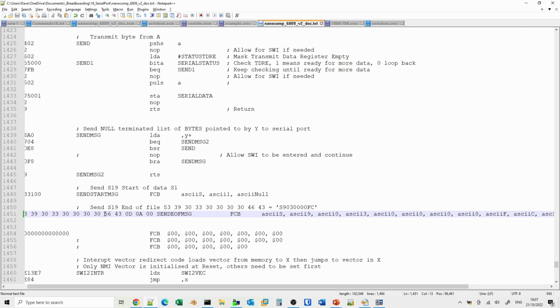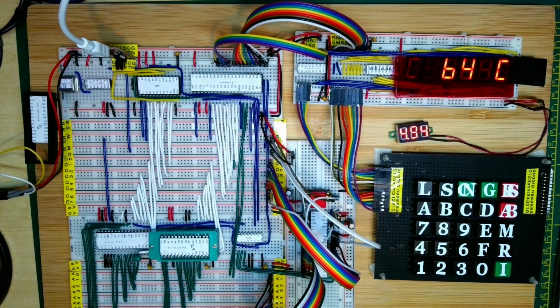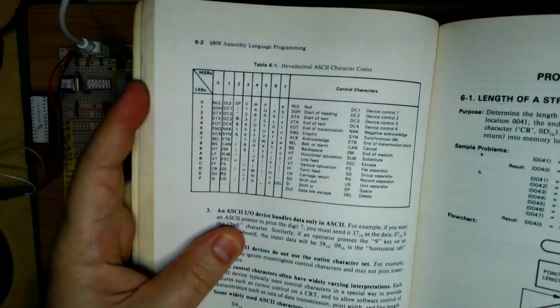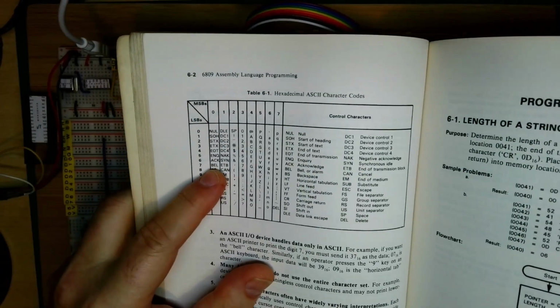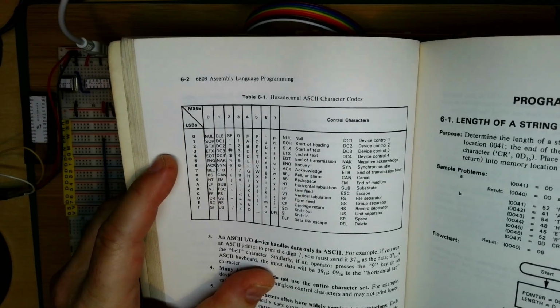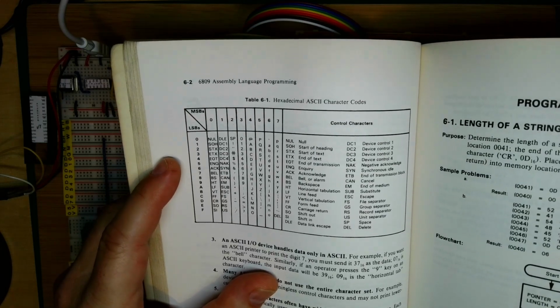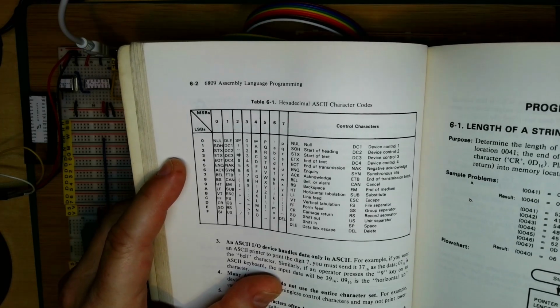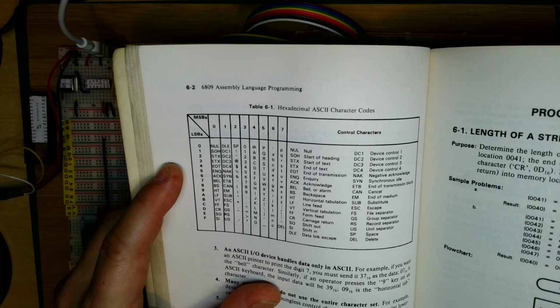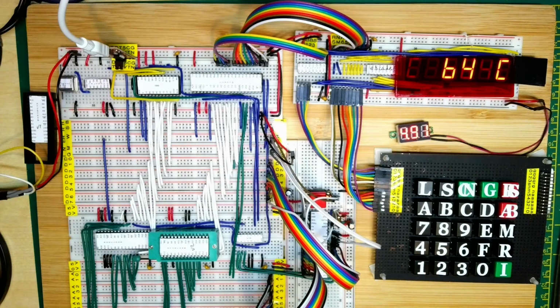And in fact, when we look at the bytes here, we've got 5643. Now, if we look at an ASCII table, and there happens to be one in Lance Leventhal's book, what we can see, in fact, is V is 5/6 and F is 4/6. So it looks like we've got a 5/6 rather than a 4/6.